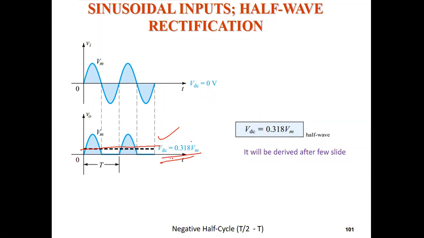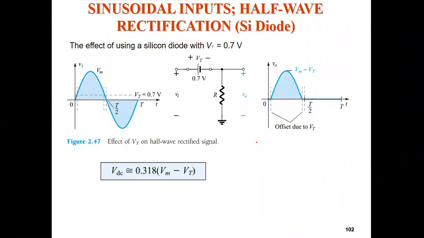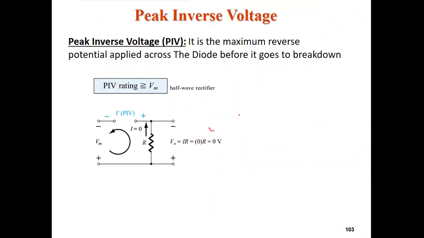You don't have to derive this thing, because the question is about the explanation of the half wave rectifier. But if it is asked something like explain about the half wave rectifier and also derive the VDC expression, then you have to do this average value calculation, that derivation you have to do. Okay, but only if it's a half wave rectifier question, get this output and just write down that VDC equals this much and your PIV. Okay, so how this PIV is coming, this PIV is coming as VM, that thing also you can write. Depending on your question marks or how much weightage has been given, you have to write.